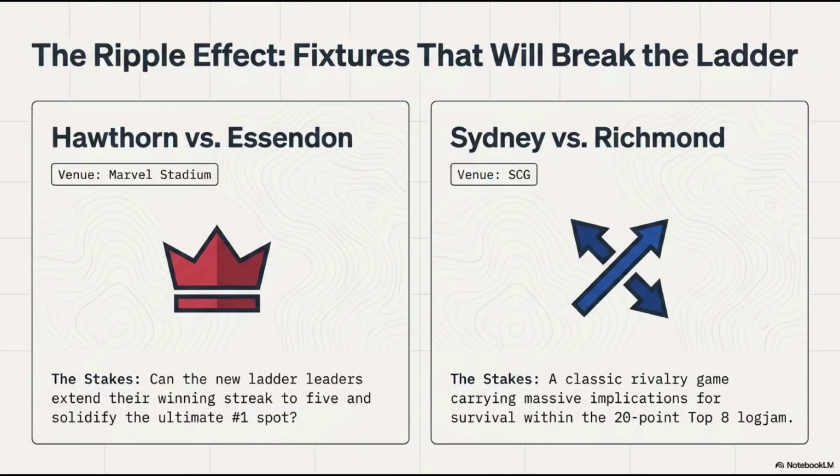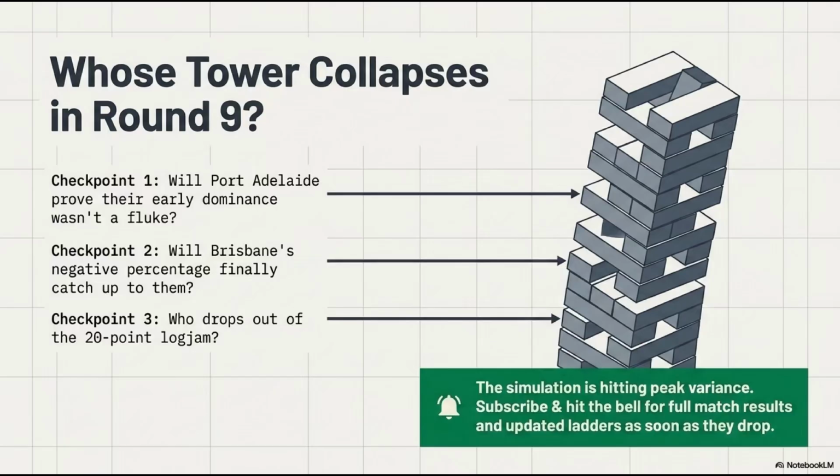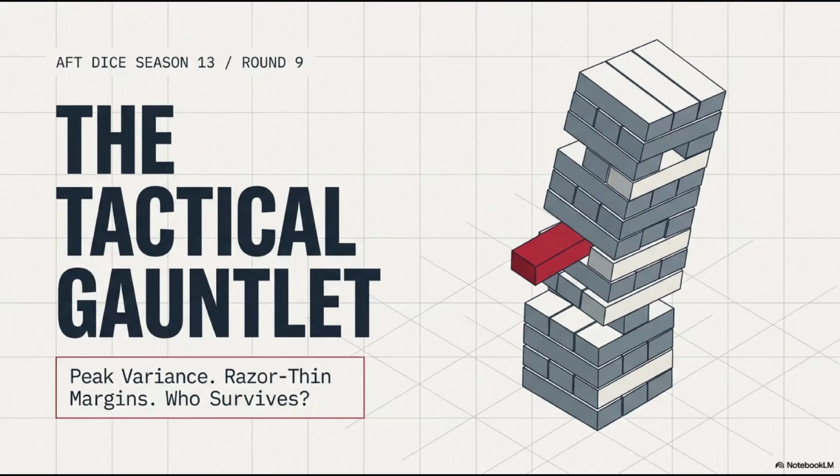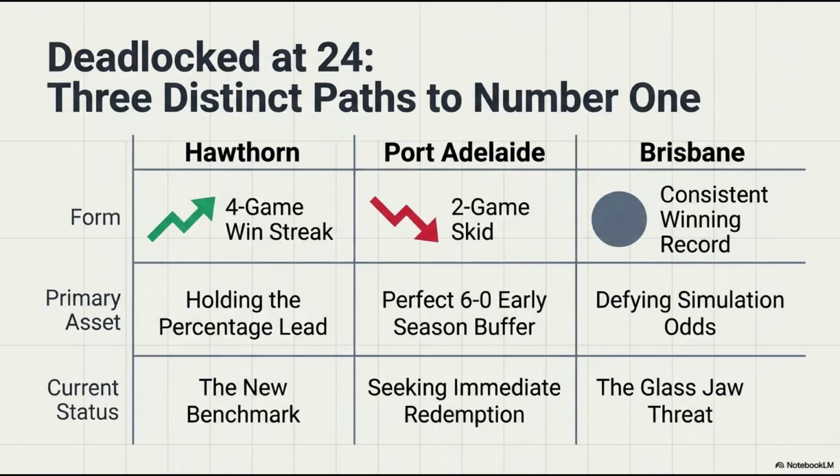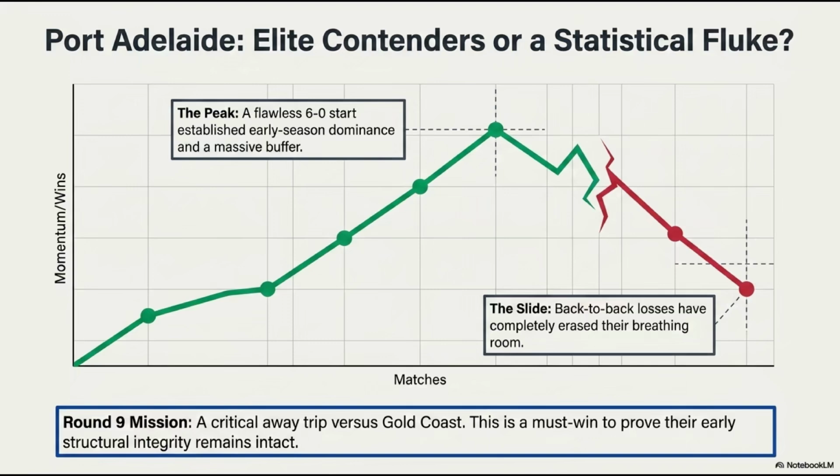You can be as efficient as you want with your limited possessions, but if the simulation is rolling 50 attacks for North Melbourne against 20 for Brisbane, efficiency cannot mathematically save you forever. The sheer volume of attacks will eventually shatter the glass jaw. It has to. It's a test of whether Brisbane's strategy of extreme efficiency can survive an absolute avalanche of negative data points.